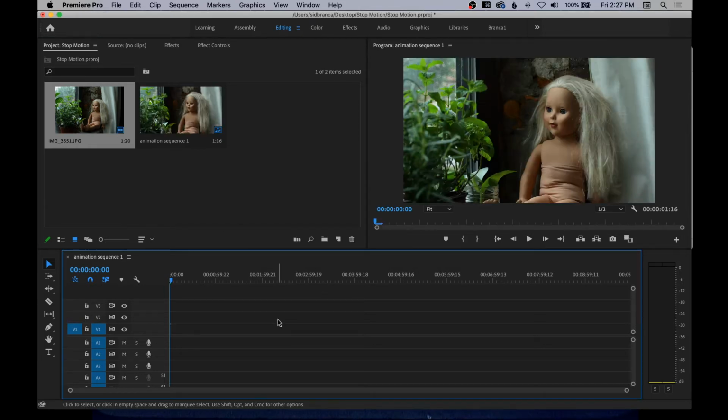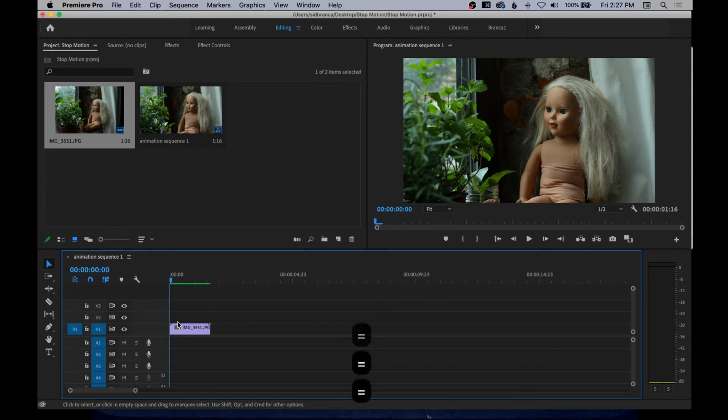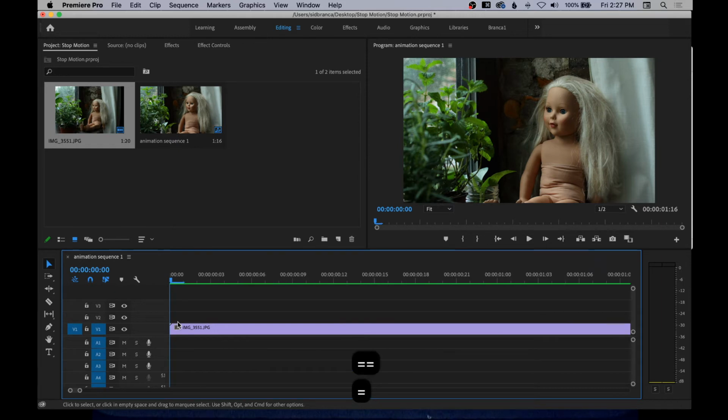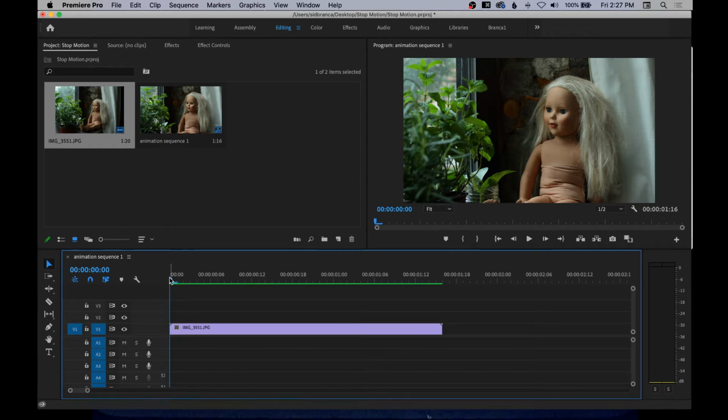The program window shows your current sequence, so now you should be able to see an image of this doll that you got for a photo shoot several months ago but have not given a name yet, because then you will feel committed to keeping it and you're not sure if you can actually handle that. But in the timeline window, you maybe still don't see anything. If so, it is because this clip is very short and your view of the timeline is very zoomed out. You can hit the equal sign key to zoom in and see your clip in the timeline more closely.